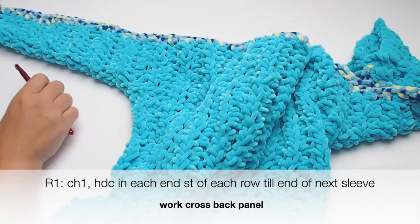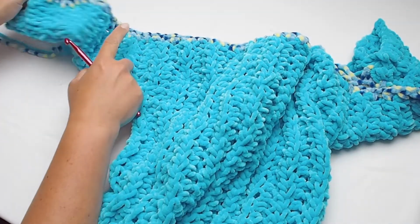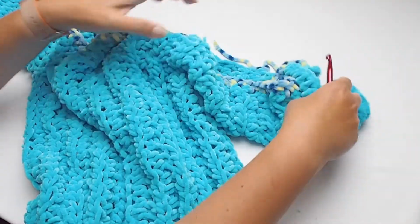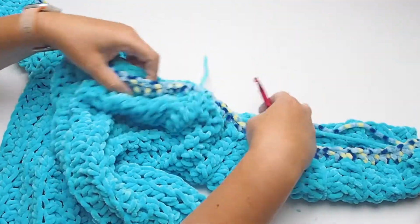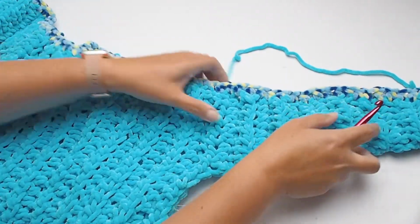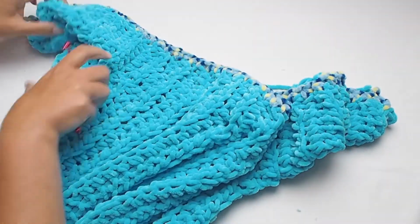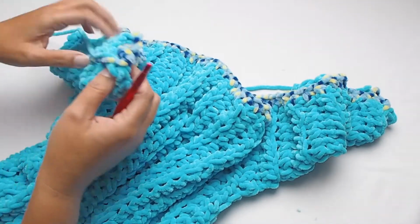So this is the row with half double crochets again. It's quite long, isn't it? As I work along the sleeves, along the back panel, and from the corner to the corner of sleeves on the opposite side. Okay, I will show you